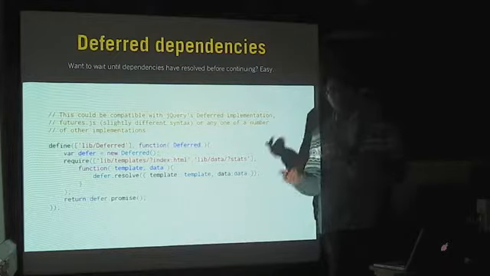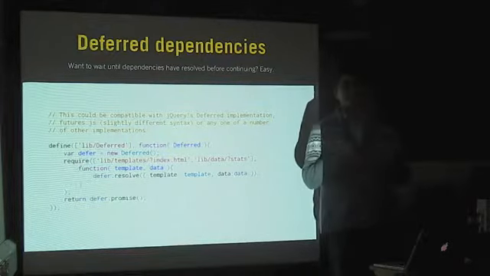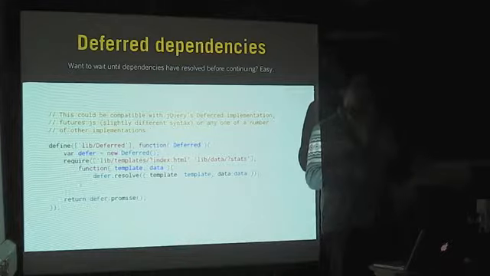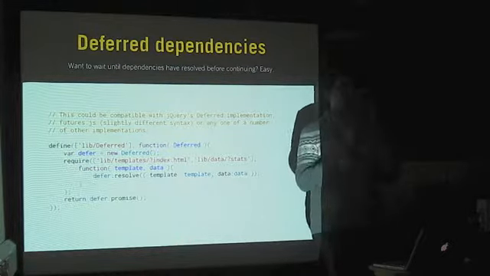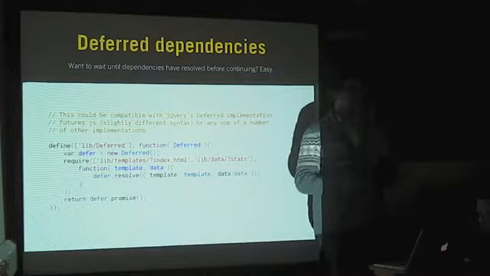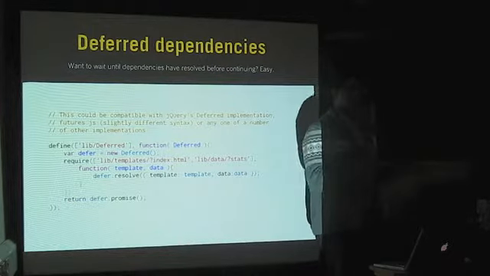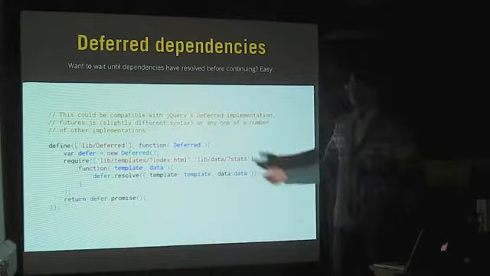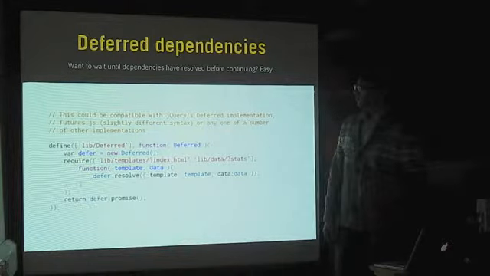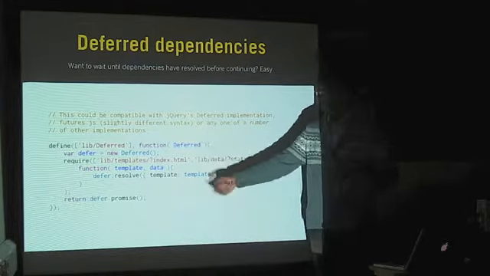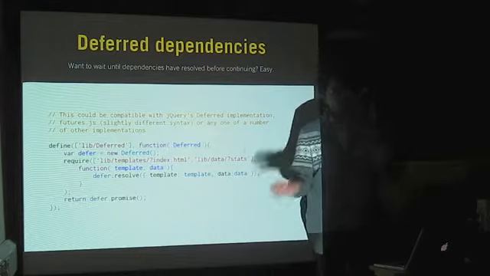The idea behind deferreds is that you can just return a promise instead. You can send a promise to your application and say, okay, I promise to let you know when this thing is finished loading. That's essentially the concept of a deferred. And you can apply that to AMD modules. You can use jQuery deferreds if you want, or you can use defer.js or any of the other solutions